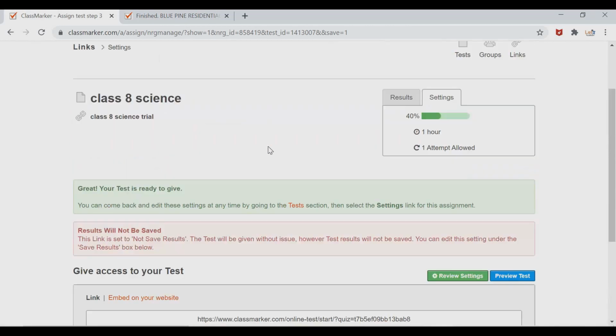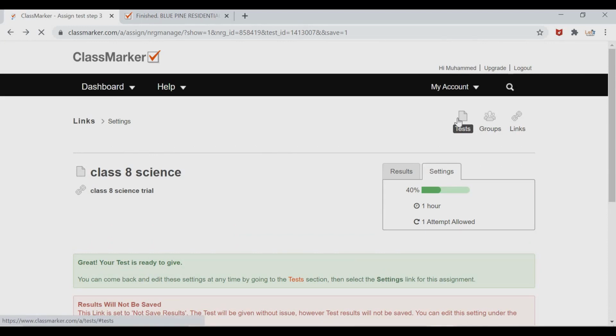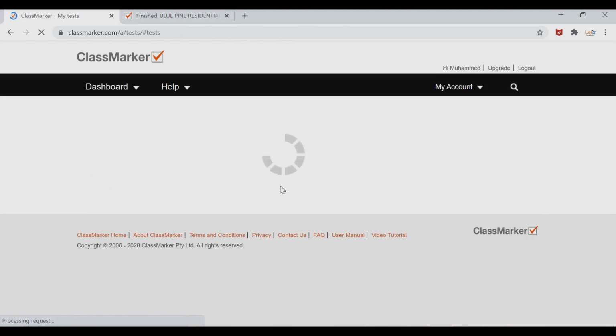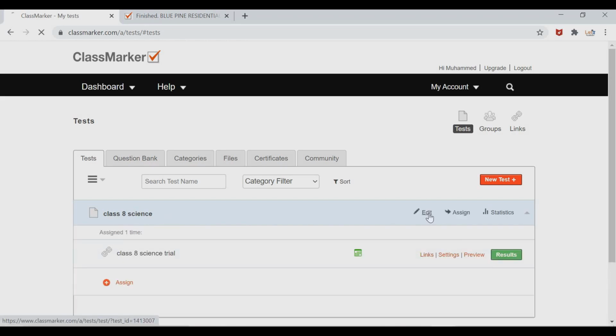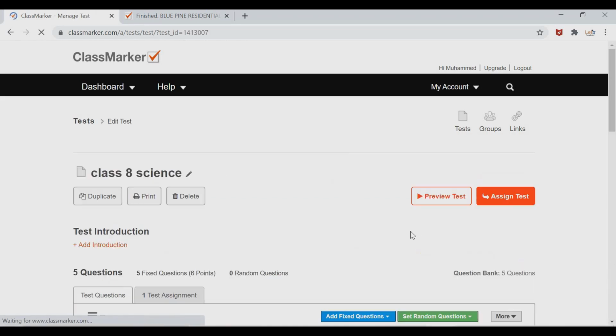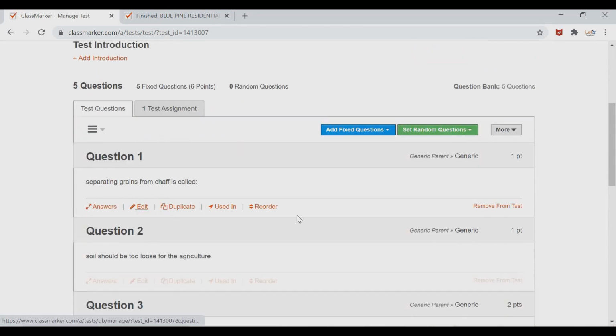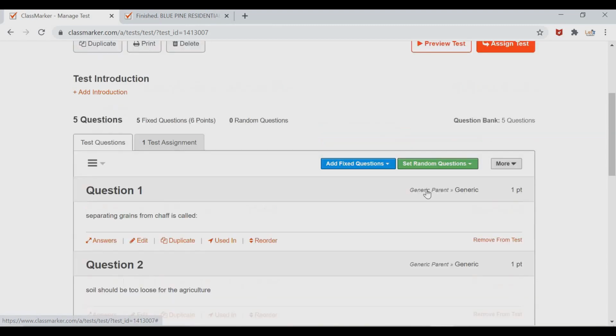Okay, now come back to your website and click on the test. You can edit the test if you want to add more questions, or if you want to remove a question, you can click on the edit option. And if you want to remove the test, you can click on this option.